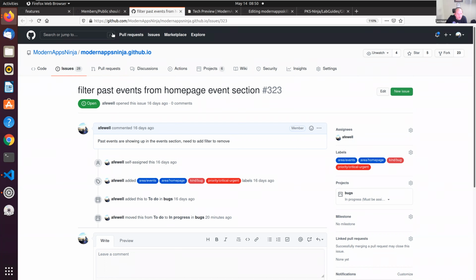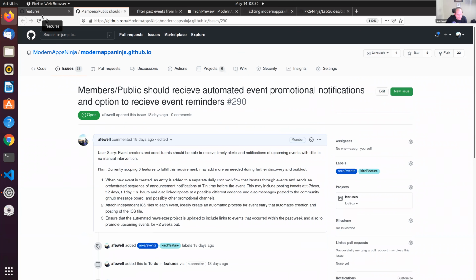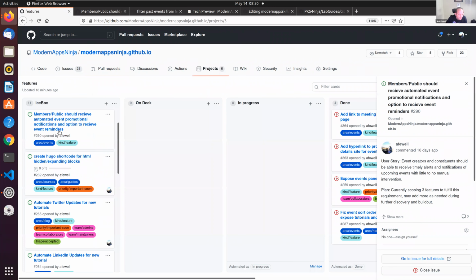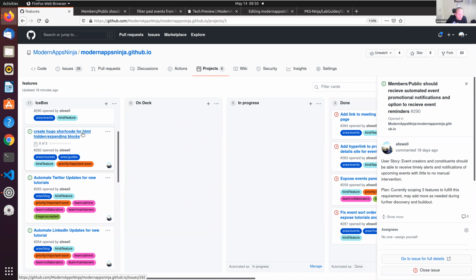So now let's go back to, where is our features board? Okay, so what's one of the things? One of the things I'm going to do is the Hugo shortcode for hidden and expanding blocks, and